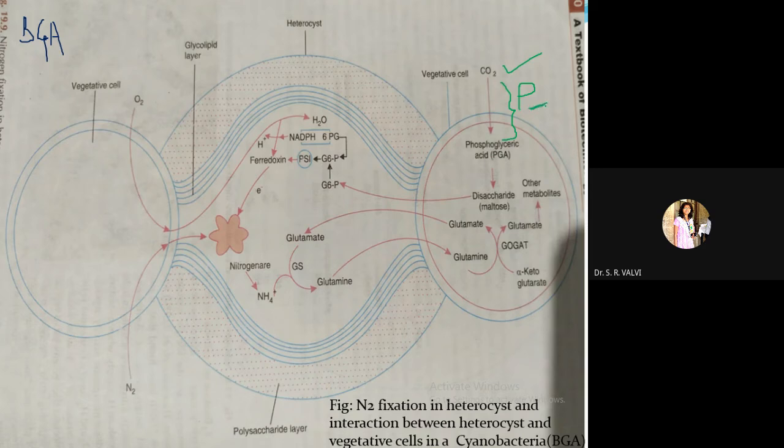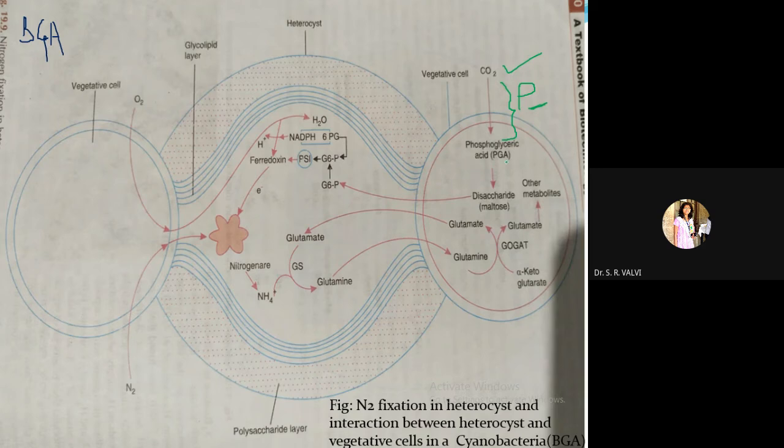For this reaction, I must suggest you to please go through the photosynthesis and respiration cycles in the 12th state board or 12th NCERT books. You will get all these reactions. If we write the whole reaction of photosynthesis, then we will neglect the main intention of our nitrogen fixation. Hence these reactions are written in a short way, means first product and last product only, right? So CO2 is getting fixed, and it forms phosphoglyceric acid.